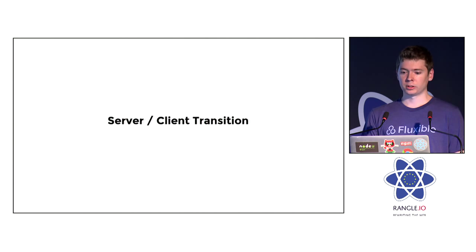But what about the server-client transition? So now we have an execution path on the server that keeps the request-specific data scoped to only its request, but we want to get it down to the client so that we don't have to call APIs again to get the same data. So what we can do